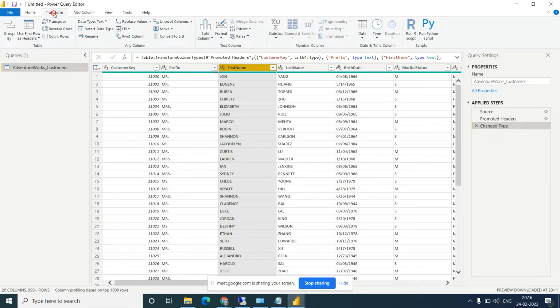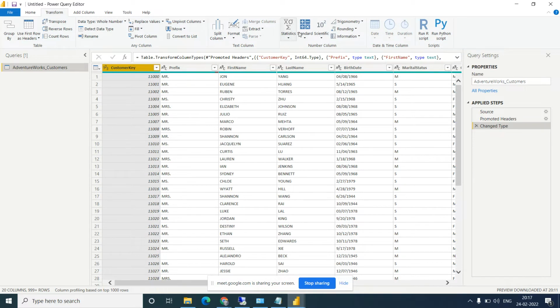Go to Transform. You can see the options, but Standard, Scientific, Trigonometry, Rounding and Information are not available for this column. But if I click on Customer Key, now they are visible. Why? Because Power BI detects automatically that the column is numeric, so there are operations we can perform on it.